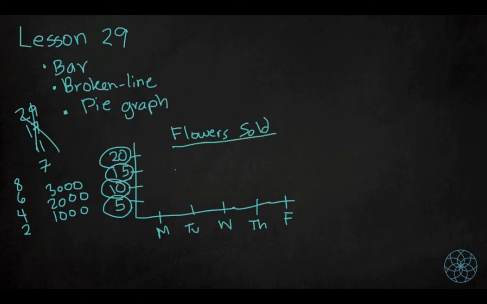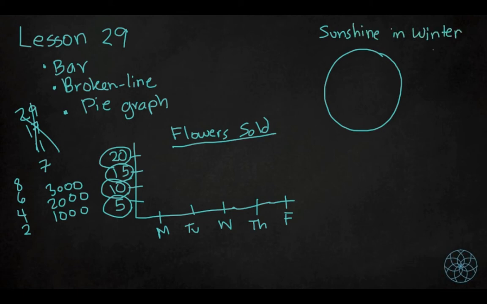All right, so the last type of graph we need to learn about is a pie graph. And this can be helpful. Let's say you are measuring, so don't forget a title, the amount of sunshine in the winter. So there's my title. And let's say every day you looked outside and you wrote down if it was sunny or cloudy. And here in Washington State, it's probably cloudy most of the time. So let's say